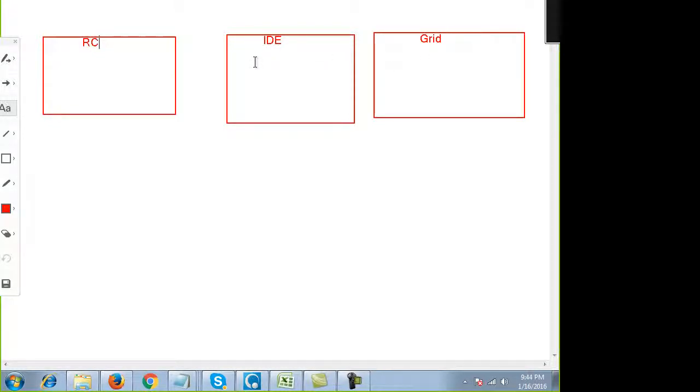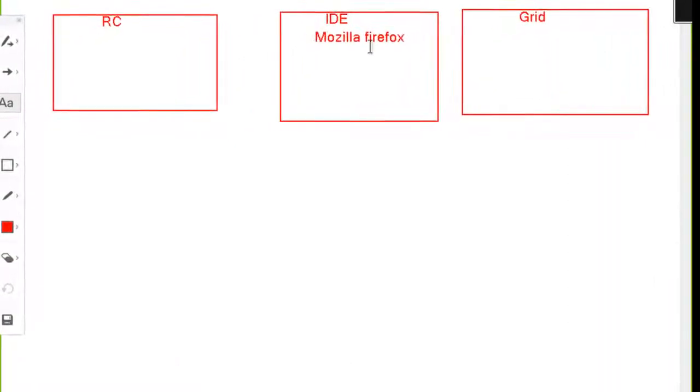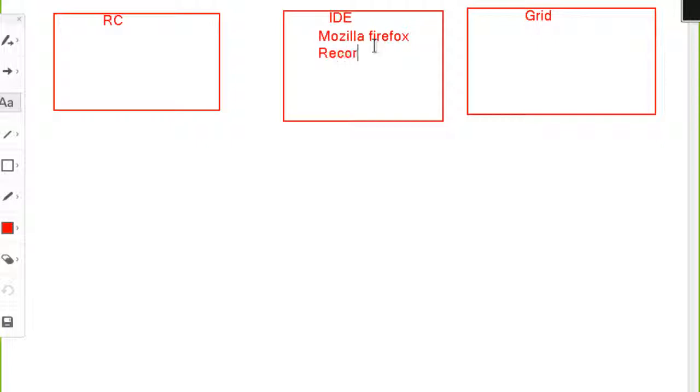IDE is a tool which only works on Mozilla Firefox. It's primarily a record and run tool. Every automation tool, I hope you have this basic knowledge, has a record and run feature, which looks very good, but it is not practical, because dynamic things you just cannot record and run.